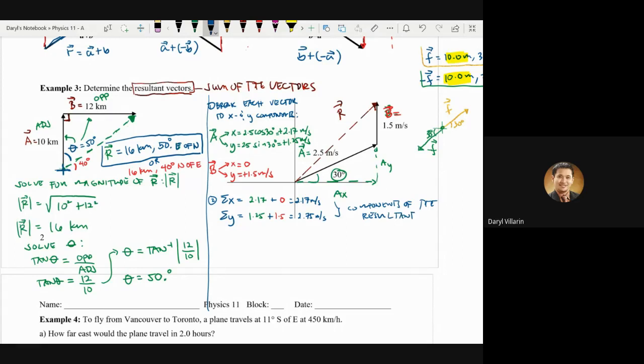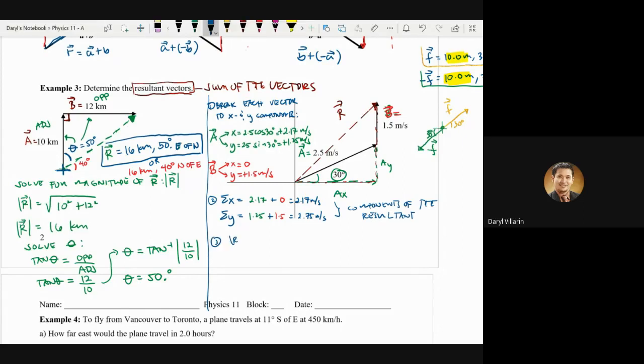So that means that this whole thing here is just 2.75, and this one here is 2.17. Okay, so after getting the totals, you use the Pythagorean theorem to get the